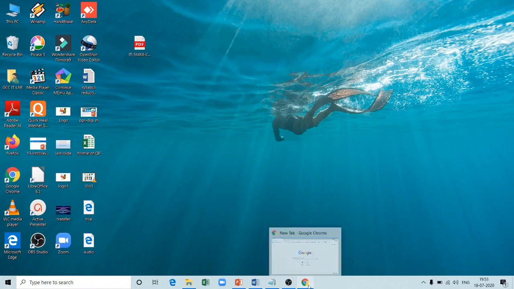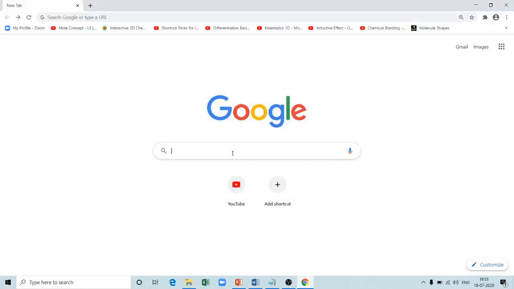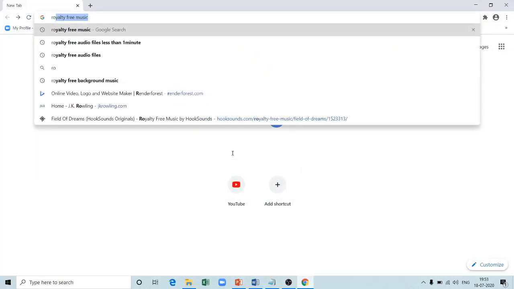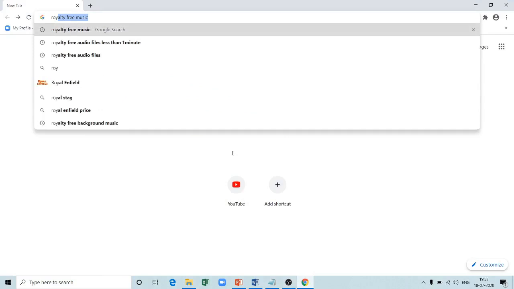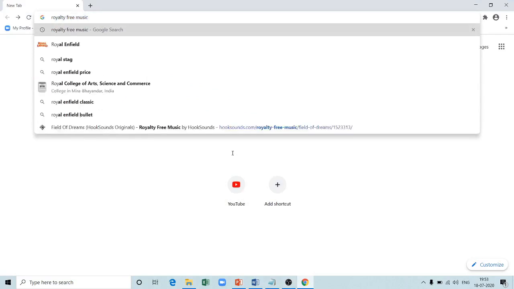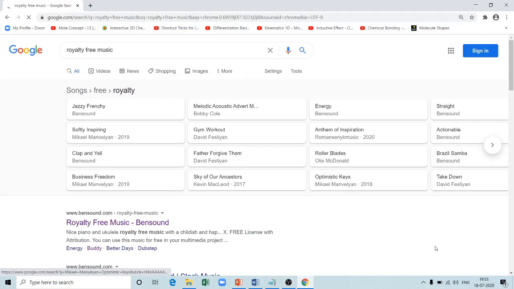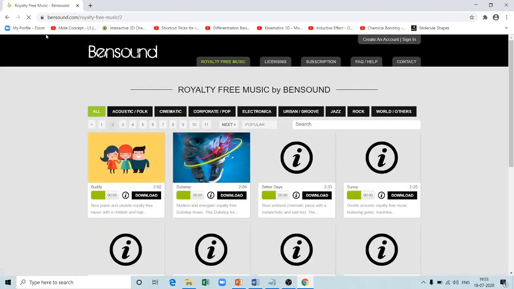To insert audio, I will search for an audio file on the internet. You have to type royalty free music. As a copyright matter, we are going to download music which is freely available on the internet, that is royalty free music.